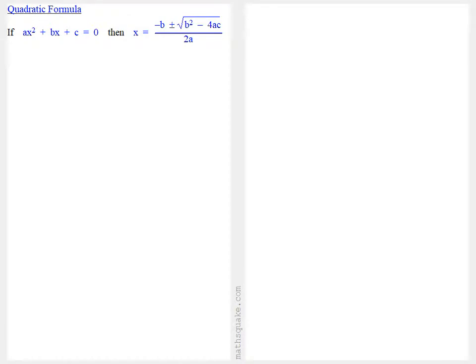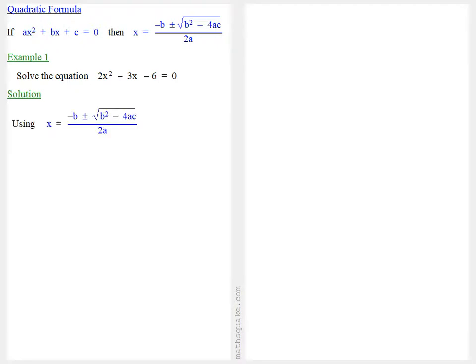Let's have a look at how we can use the quadratic formula to solve some quadratic equations. The equation is ax squared plus bx plus c equals 0, in which case x is equal to minus b plus or minus the square root of b squared minus 4ac, all over 2a. So, if we take the example, 2x squared minus 3x minus 6 equals 0, the first thing that we have